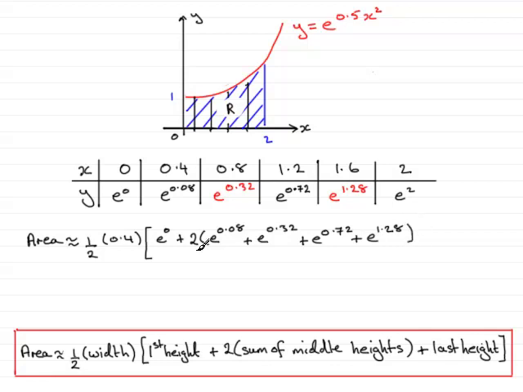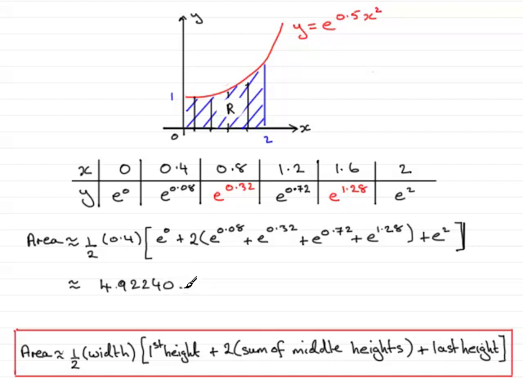So that's twice the sum of the middle heights and then plus the last height, and the last height is e squared. That's that one up there. So plus e squared. Close the bracket off, and all we need to do now is just use a calculator and get the value of this. If you use your calculator, you should find that you get